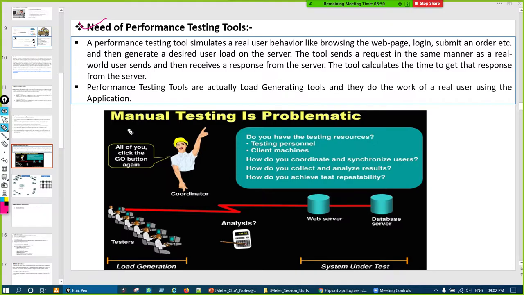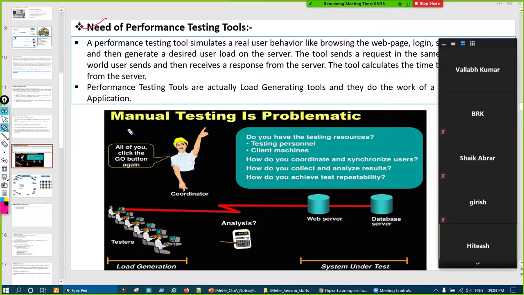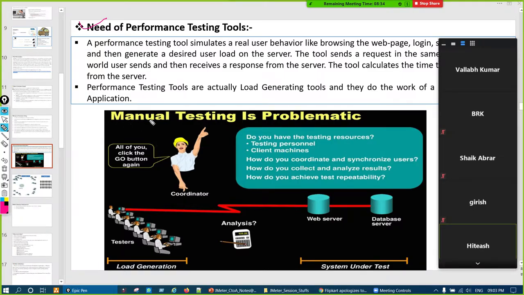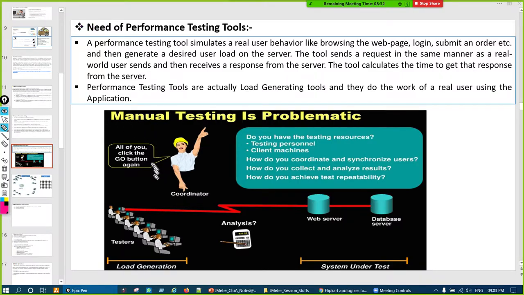That's why we bring automation testing into the picture. We can save manpower, we can save cost, and we can always trigger something and it will work. So same case here: let us say we have to test an application from the performance testing point of view.